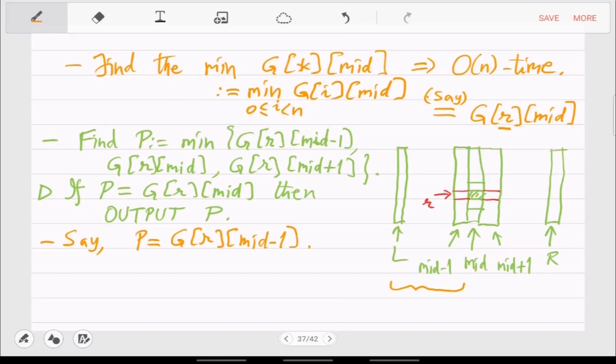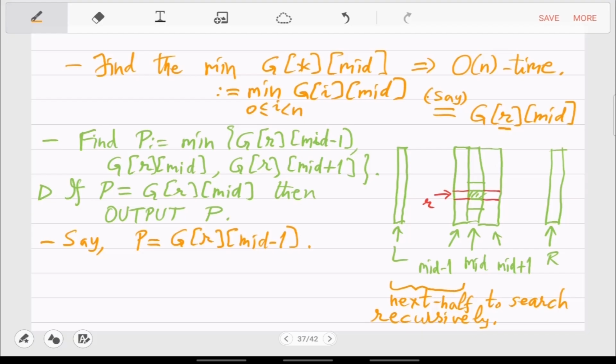So this becomes your next half to search recursively. Right? So based on which red cell in the neighbor is smaller, you move to that half. So which means that in this case you will be updating L or R. So R becomes now mid minus 1 and L remains the same.